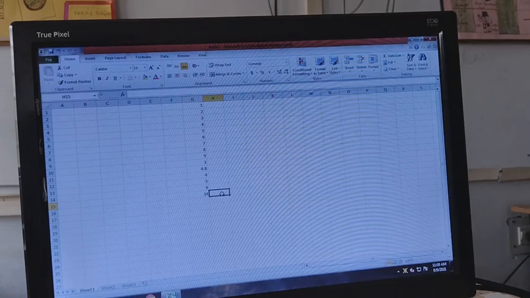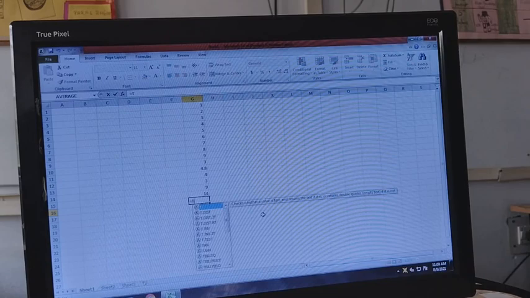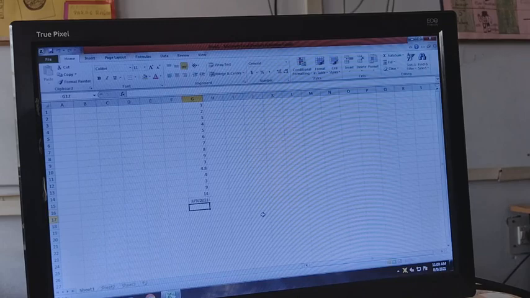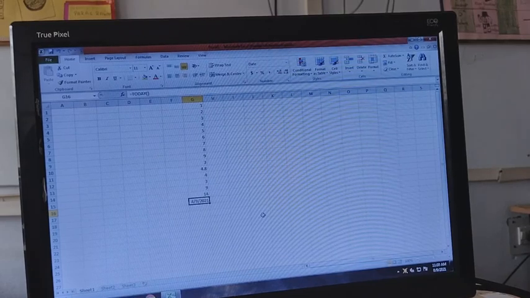To get today's date, and you have this in your book, you can use equals to TODAY function and enter. It has given us today's date. Whatever date is set in your system, it will give that. It will not take it from the internet.